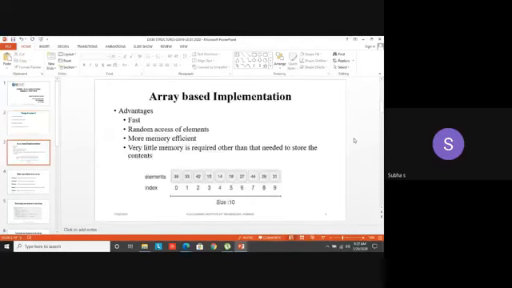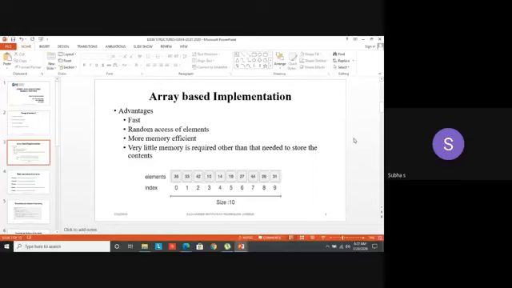Now we are going to see the array-based implementation. As told earlier, for all the linear data structures, we are going to have 2 different implementations, either array-based or linked list-based, because you may implement in 2 ways. That means you are going to do all these operations either by using an array or by using a linked list.